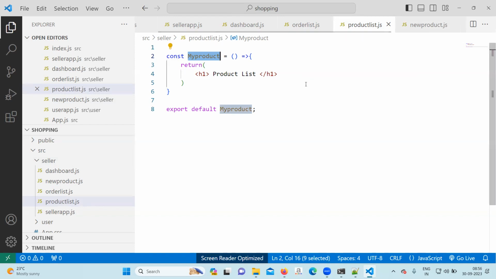Okay, go to the order list again. In order list, you can write called my order. Write the function, give the name of the function called my order. Component name is my order.